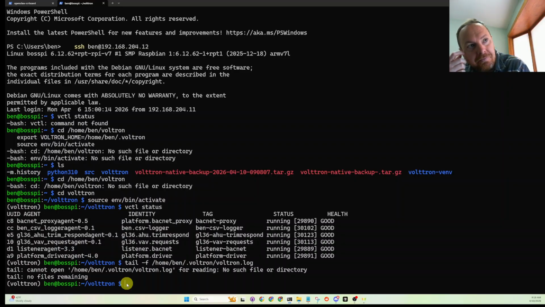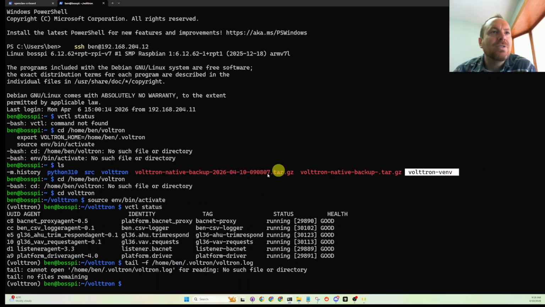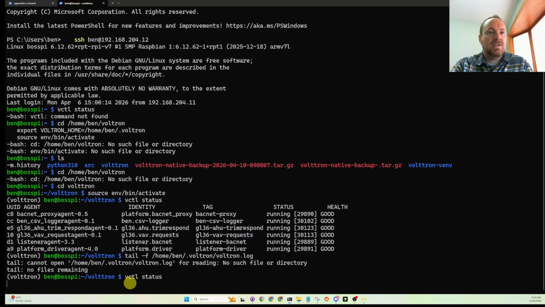So a couple of steps I was missing, but this must have been something obsolete, old, that OpenClaw must have made. I don't know. But it's actually the virtual environment was in the VOLTTRON git clone directly. So this is what I was looking for. As soon as you light up the VOLTTRON virtual environment, you can do a vctl status, and this will just show you what agents that you have running